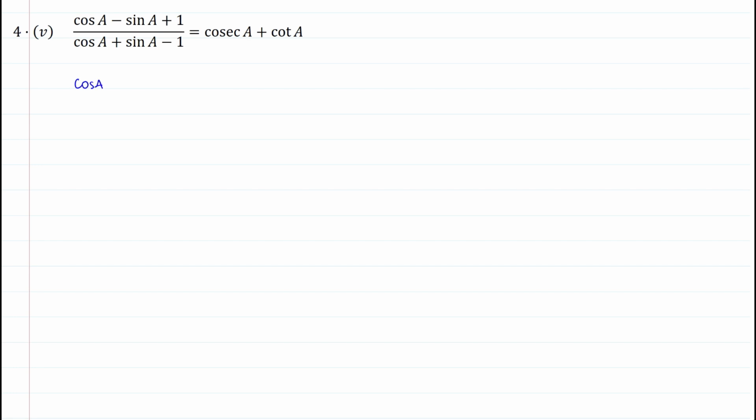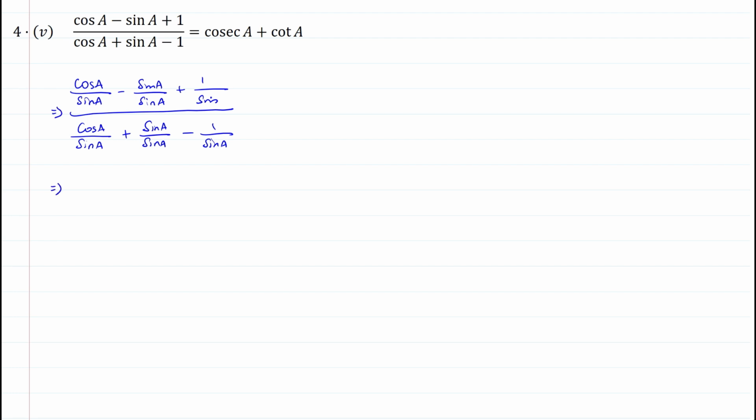So cos A by sin A minus sin A by sin A plus 1 by sin A, whole thing divided by cos A divided by sin A plus sin A divided by sin A minus 1 by sin A. Therefore, the next step will be, this one will become cot, this one will become 1, and this one will become cosecant. Okay. So, this will be cot A minus 1 plus cosecant A divided by cot A plus 1